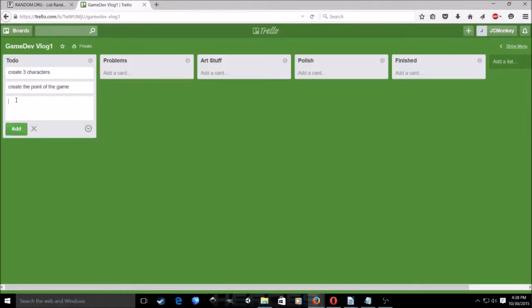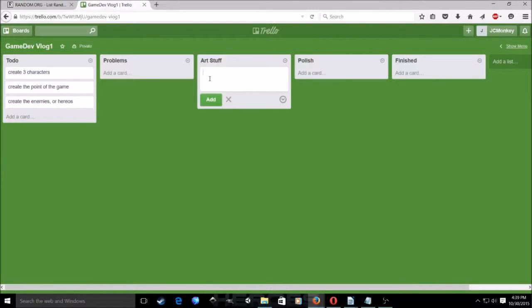And then create the enemies, or heroes, because basically we are the villains, so our enemies are going to be heroes. So here we're going to have: draw 3 animal villains.